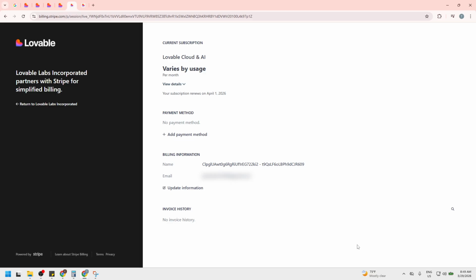Invoices are best when you need a formal document for accounting, while receipts confirm that a payment has already been made. If a new tab doesn't open, check your pop-up settings or any browser extensions that might be blocking it. Also, if you don't see the payments you expect, verify you're in the correct workspace back in Lovable Dev and refresh the page. And that's it.